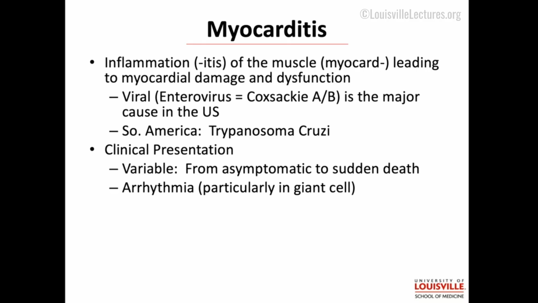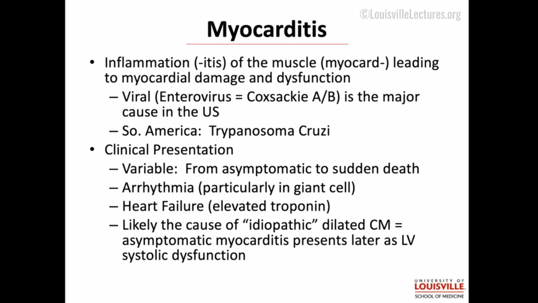Arrhythmias are common, ventricular arrhythmias, because if you think about all the inflammation in between the myocytes and the ventricle, that's going to be a nidus for causing VT. And giant cell myocarditis here is one of the main types where you see a lot of arrhythmia. So if you see someone in the hospital or in the boards who's having a lot of VT and they're obviously in myocarditis, you should be thinking of giant cell. They're going to have an elevated troponin. They're going to be in heart failure, most likely from the decreased function.